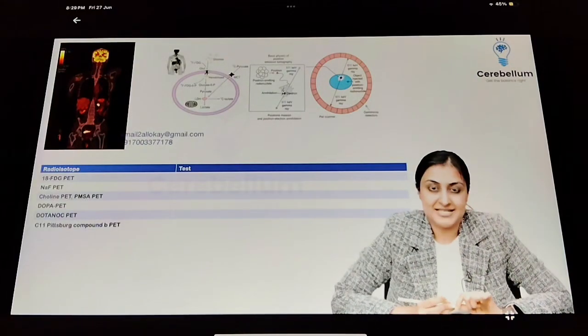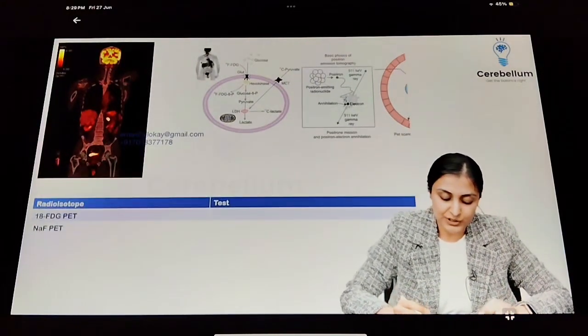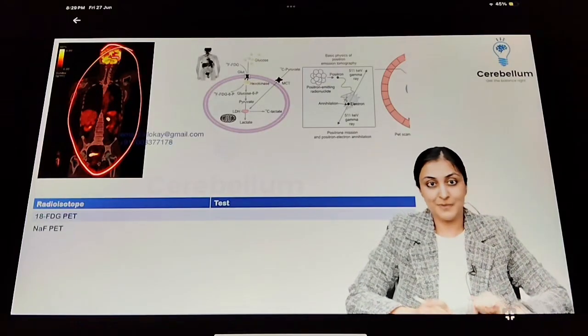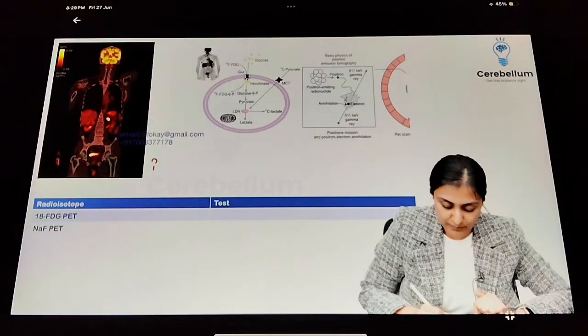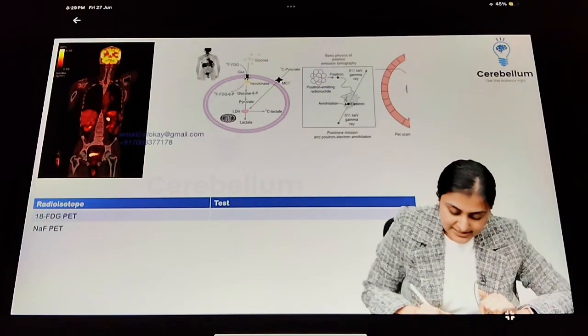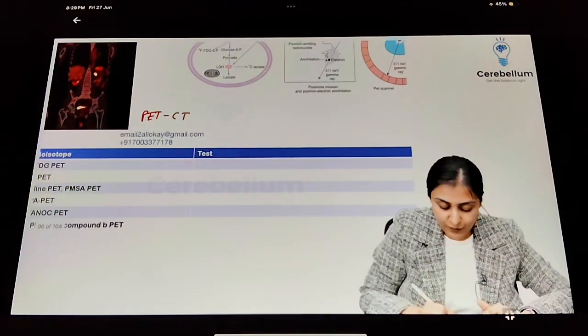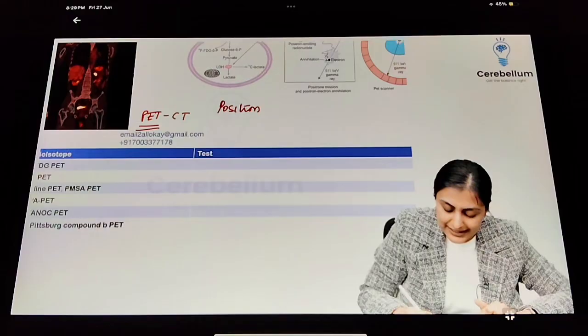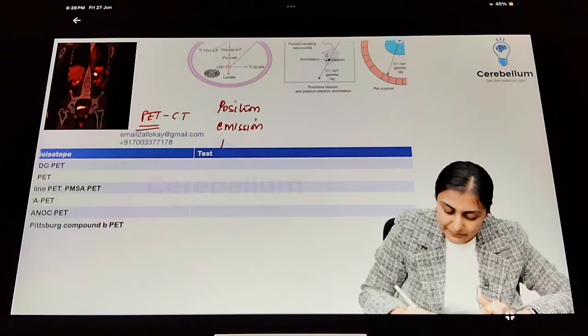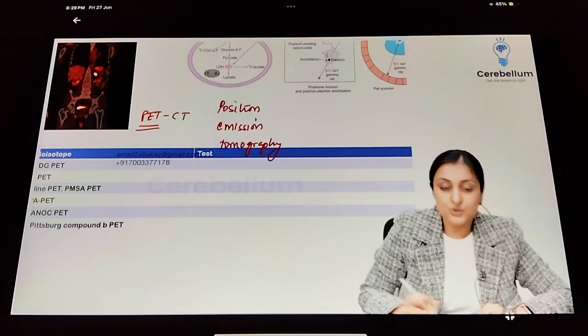So now we talk about PET scan. Again, lots of questions come from PET scan. What you can see here is a combination of not just PET but also CT alongside, which is done most commonly. So this is what we call a PET CT. It's a hybrid investigation of nuclear medicine as well as radiology. What does PET stand for? PET stands for positron emission tomography. Positron emission tomography. So this is where I use a compound that is